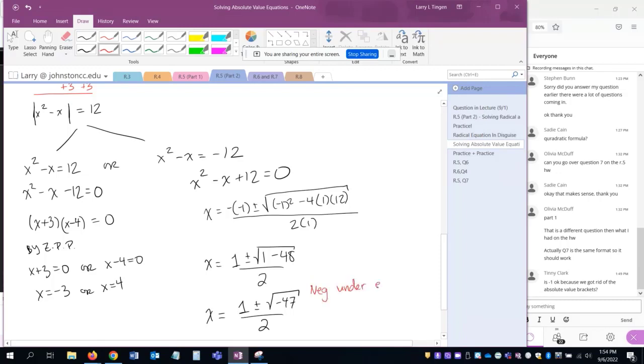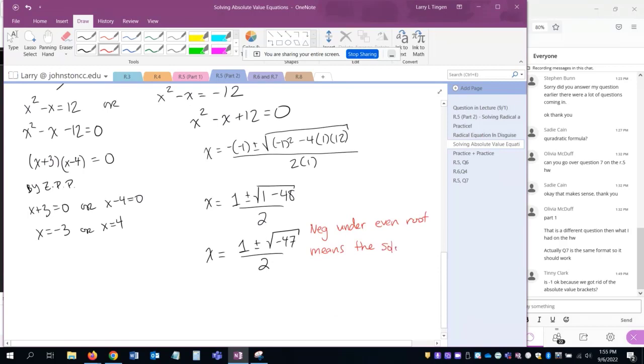Negative under an even root means the solutions are complex. What that means is this is where i comes back in. And you've heard of the square root of negative 1. So that means for this problem,